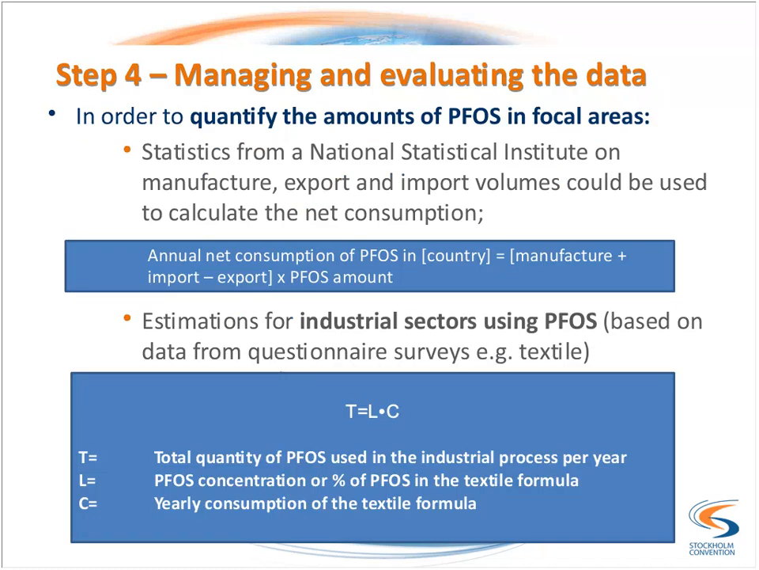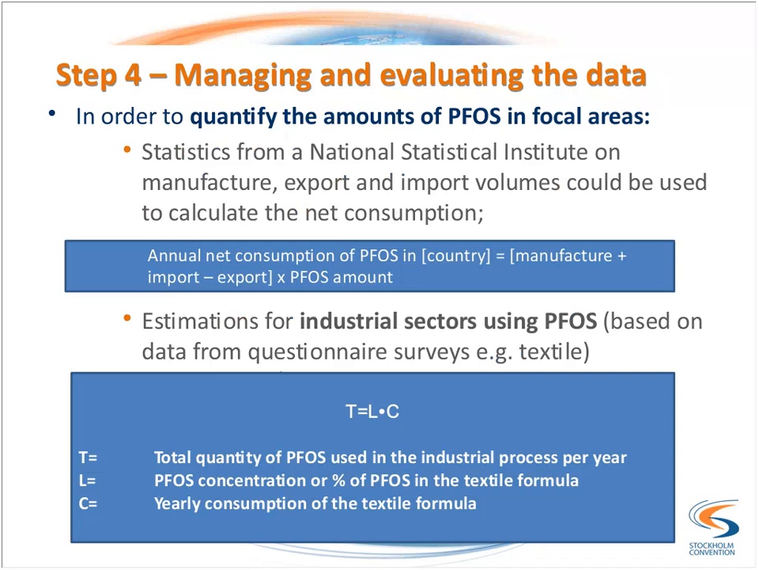Managing data, this is just an example on how to quantify the amount of PFOS in one focal area. So for example, you see that the square in blue has a formula there where the T represents the total quantity of PFOS used in an industrial process per year. And the way to calculate it is to use the PFOS concentration or a percentage of the PFOS, for example, in the textile formula. And the C is how much you have consumed, the consumption you have had during that year. So by multiplying those two things, you'll have the total amount. And this is a very simple